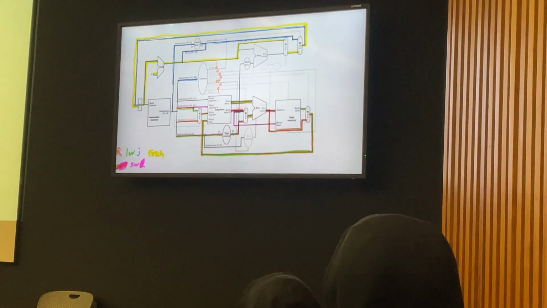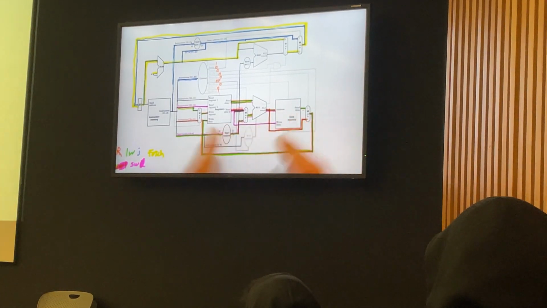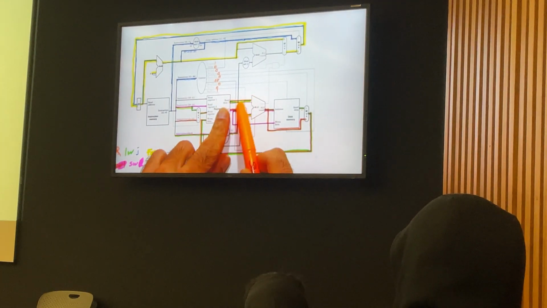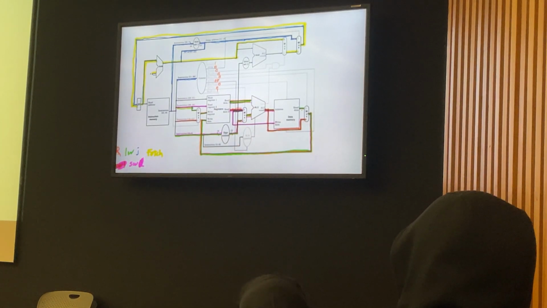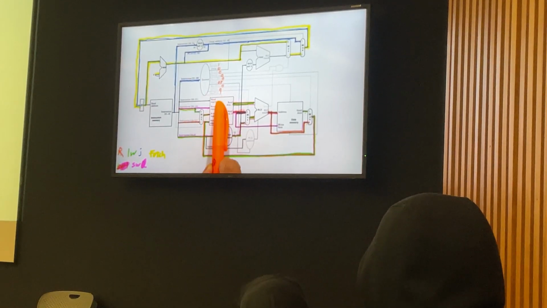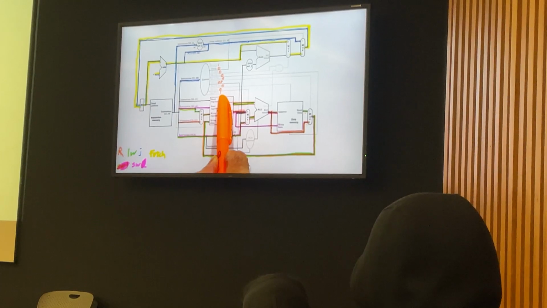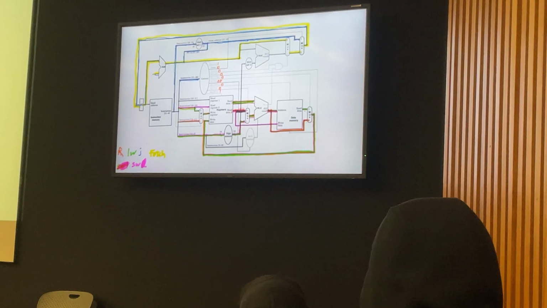Okay, so we did the R type. One thing I want to mention before I go on is that the register file only had a write control. It did not have a read control, because normally for sequential elements we don't need to explicitly say read. If we're reading it into these wires anyway, we just ignore it if we don't want to use it. There's no point in having an explicit read control for sequential elements. However, the memory, remember, ignoring cache,